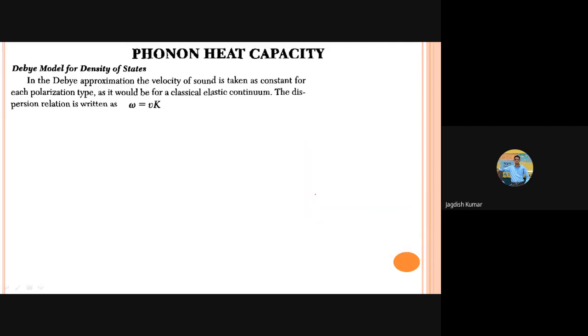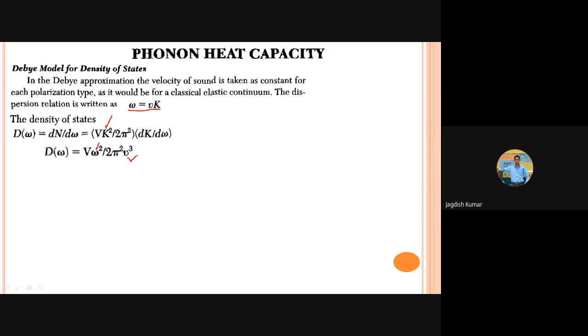Debye said, let us take this variation to be of this type, so that the density of state, which is given by this formula, I hope we just now did this. So now what will be the density of state? You just have to put omega versus k, and then simplify. k square I can find out from here in terms of omega square. k square will be omega square upon v square. So omega square is sitting for k square.